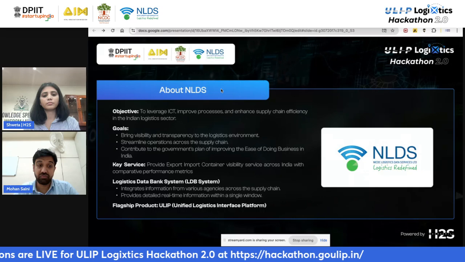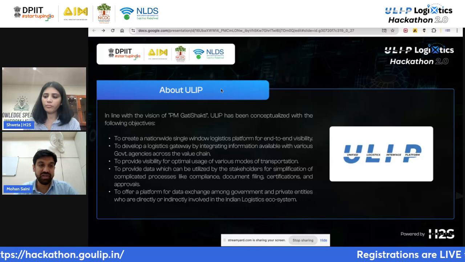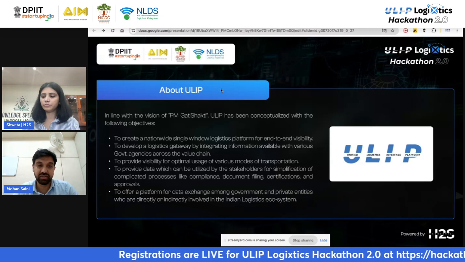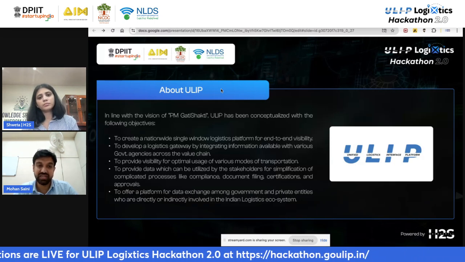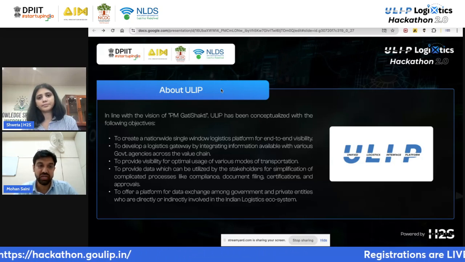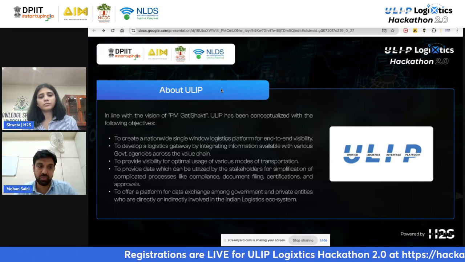Going forward, another of our marquee projects happens to be ULIP, which is Unified Logistics Interface Platform. This was primarily launched by the Honorable Prime Minister during the launch of the National Logistics Policy. This project comes under the key initiative of the PM Gati Shakti program, and this is primarily a digital gateway which enables any user, who could be an entity as an organization or an individual, to access data from key ministries. So primarily, ULIP happens to be a middleware wherein